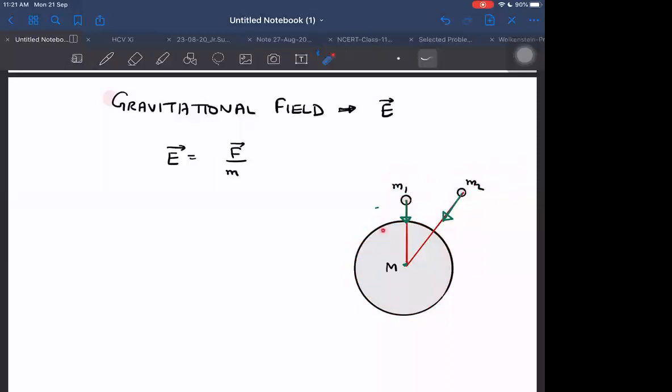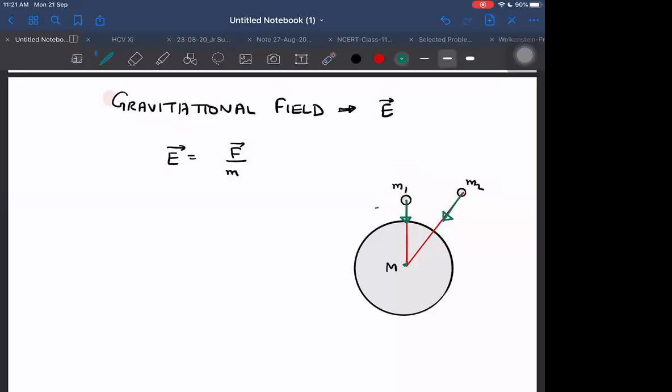But if you want to know the impact of this mass, where it can exert pull on its own without being dependent on the other mass, then I can say that on its own, that pull will be stronger when the distance is less. I don't want to take the other mass into account, so I have to divide by the other mass. So when I want to find the field due to the first body, I have to do something like this.